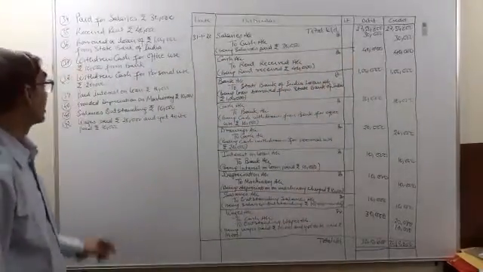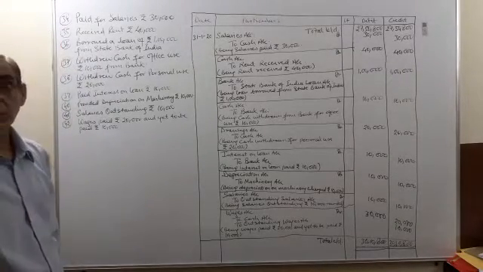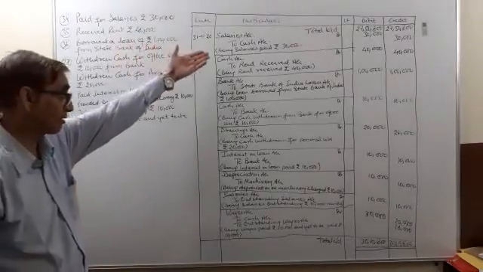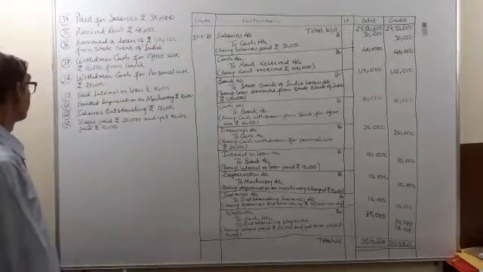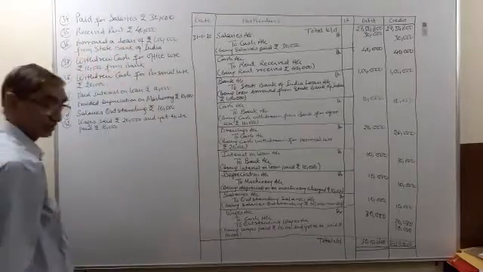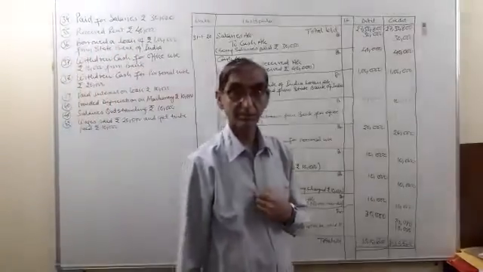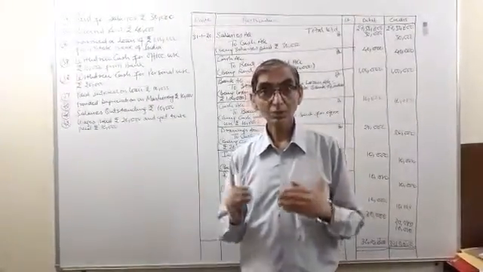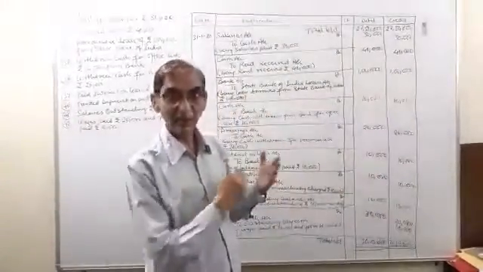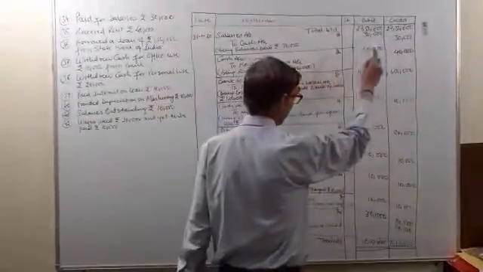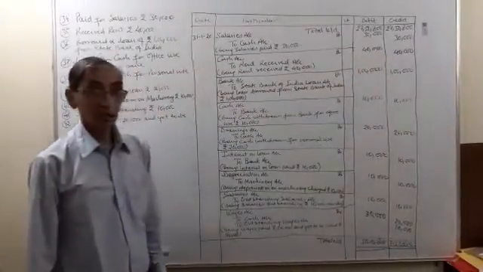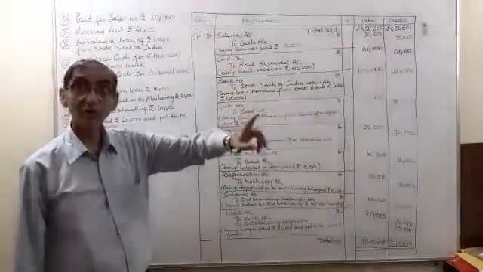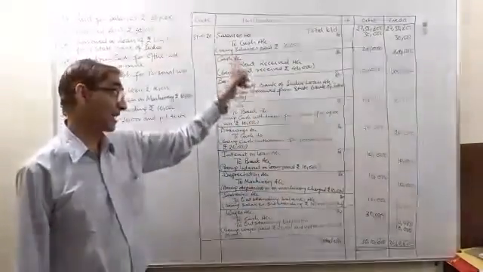It's clear? Then the next transaction, that is the 35th transaction, it will also be assumed to be on the same date, so no line will be drawn in the date column. So received rent rupees 40,000. We are receiving the rent rupees 40,000. So over here, what is coming in? Money is coming in, cash is coming in. Cash account will be debited rupees 40,000. It's clear? And this cash has been received on account of an income head, that is rent.